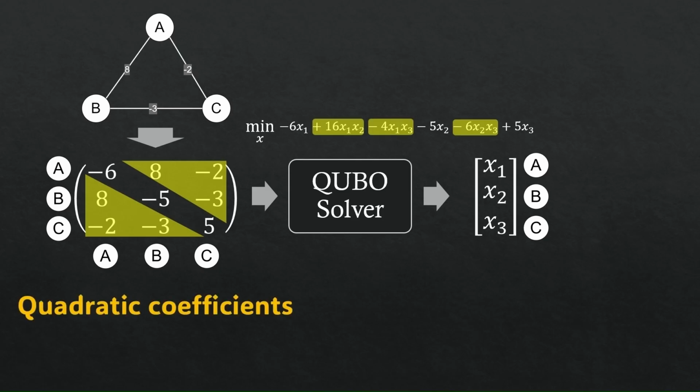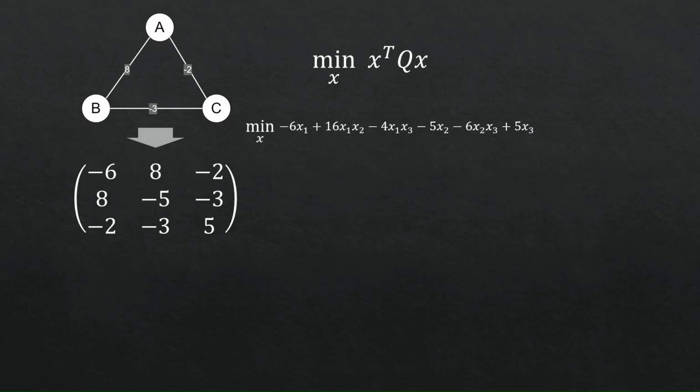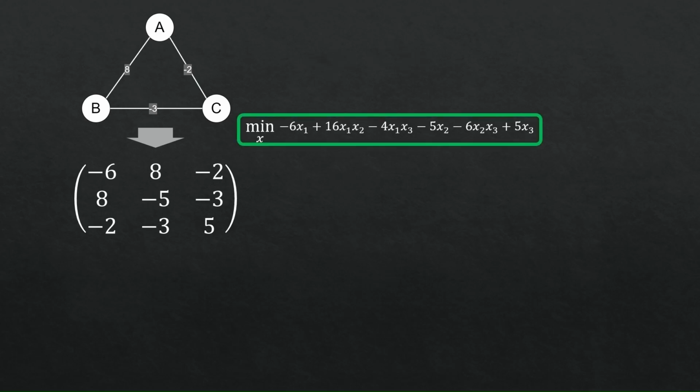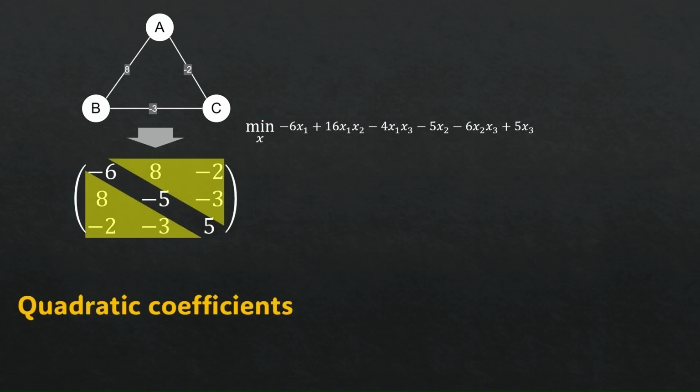called quadratic coefficients. So to recap what we saw till now, given the weighted graph, we first derived the QUBO matrix from the graph specifically for the MaxCut problem. In fact, we are able to derive the QUBO matrix directly from the graph with the process we saw earlier only because we are considering the MaxCut problem. We then substituted this matrix in the QUBO expression and simplified it to get this. So the expression we have here, we actually obtained it from the QUBO matrix. And this was just to understand why the non-diagonal elements are called quadratic coefficients and the diagonal elements are called